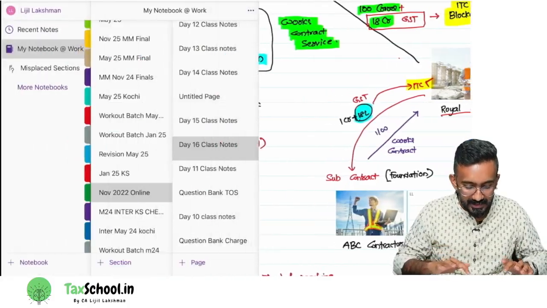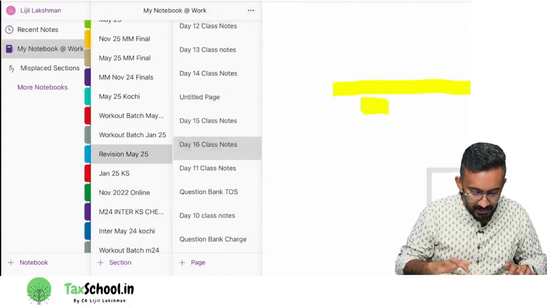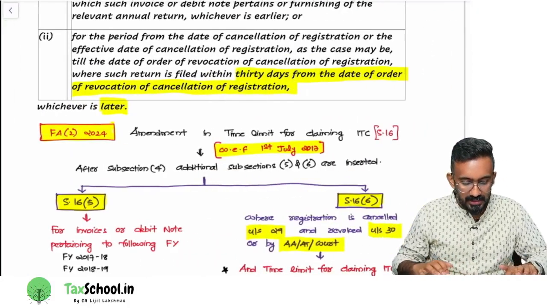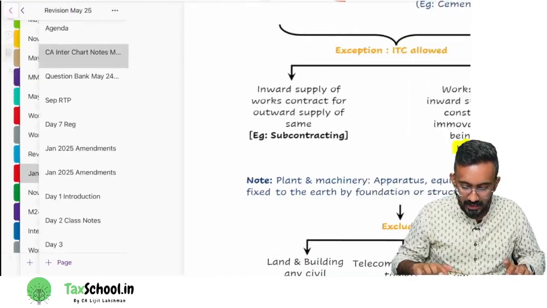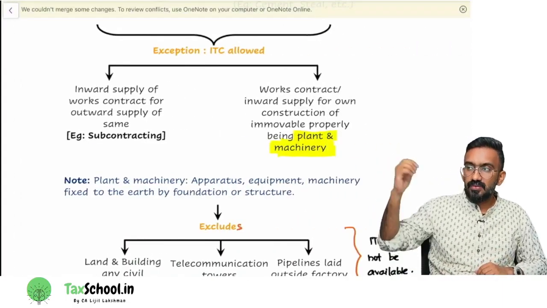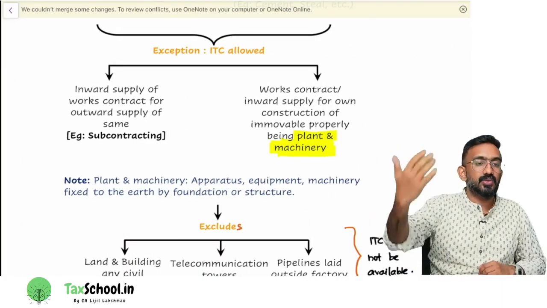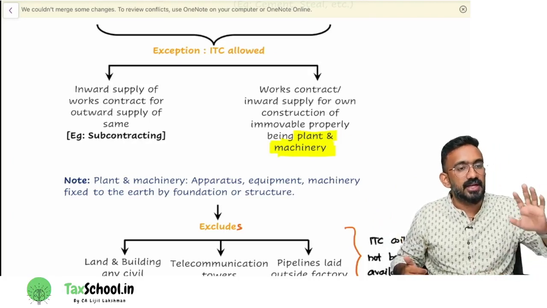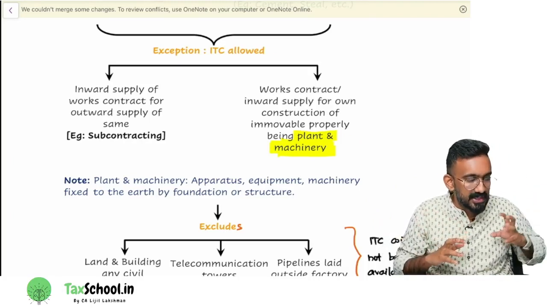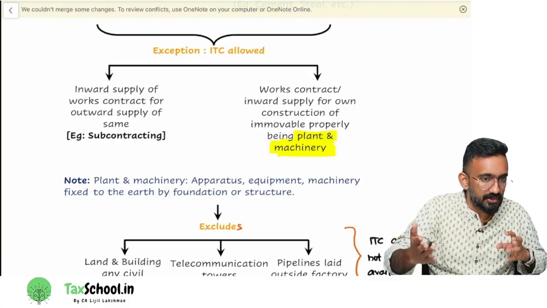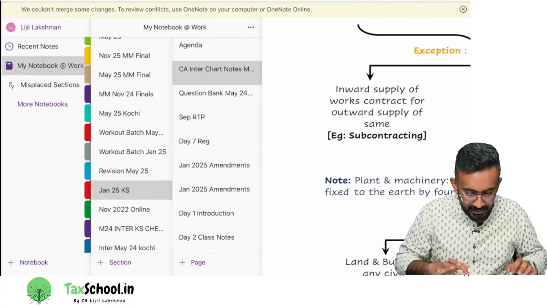That is the first exception that I have made you read in this. What is the first exception that we have under this? It says inward supply of works contract service to provide outward supply of works contract service, you can take ITC. Like a dealer, I'm taking the same blocked service to provide an outward supply of the same. You can take the input tax credit. Similarly,